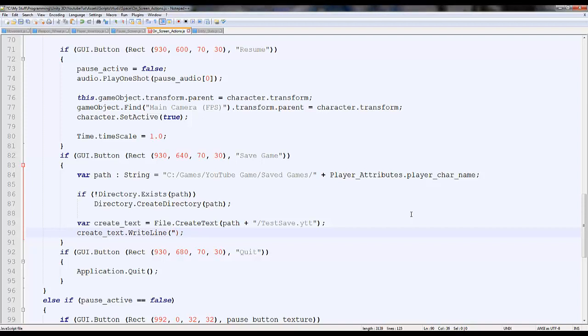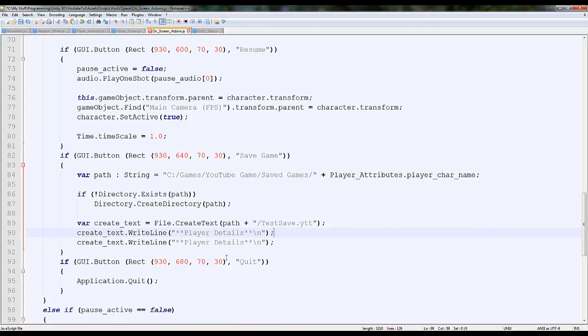So we'll just say in speech marks, character. In fact, I'm going to try and do it weirdly. So I'm going to put star star player details star star, and that's what I'm going to put. If you want to put on the next line, put a /n inside it. I always do. And I'm just going to put another write line. Don't worry about keep duplicating it. You can if you like, or you can put it all on one line. So player details, and in here we're going to type